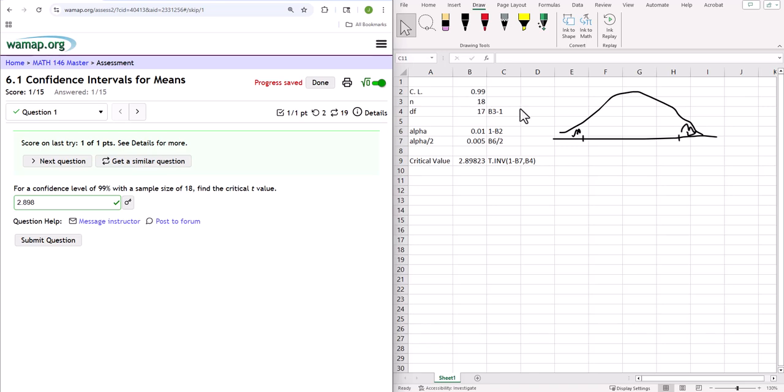As a quick recap, we take our confidence level and our sample size. Our degrees of freedom is 1 less than our sample size. Alpha is 1 minus our confidence level, and then this tail area here in our picture, take alpha divided by 2, and then to find this t-score over here, 2.898. And again, the pictures are kind of rough things here. It's really to help us with the understanding. We're doing the t-inverse, and we're doing 1 minus this one to give us this whole probability to the left. These Excel functions in general just give us the area to the left, that kind of stuff. And so we're always inputting the area to the left here,